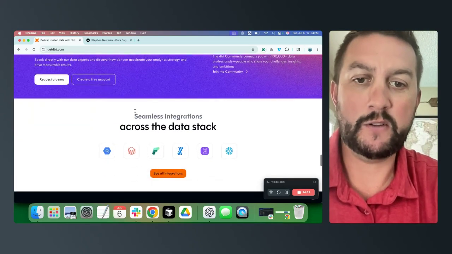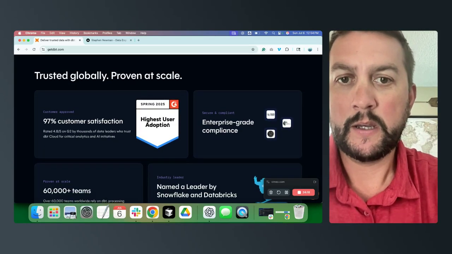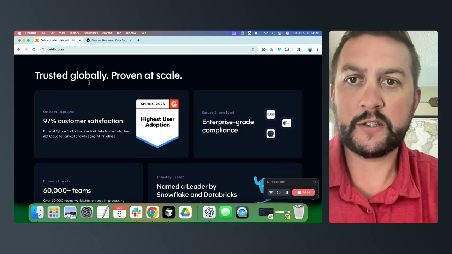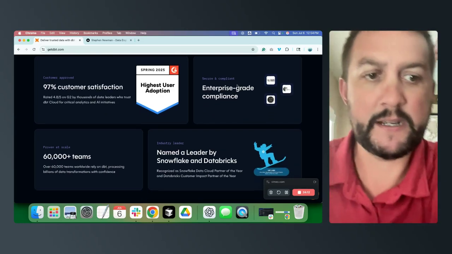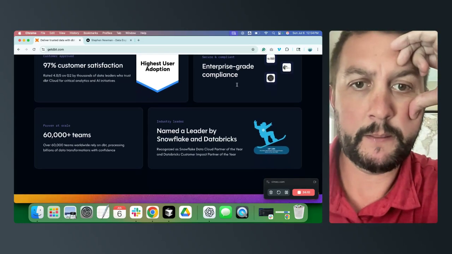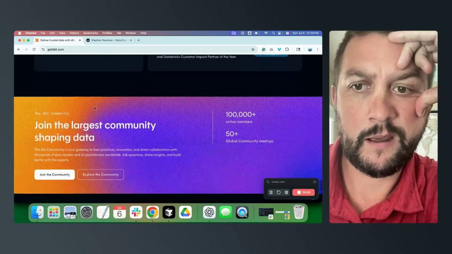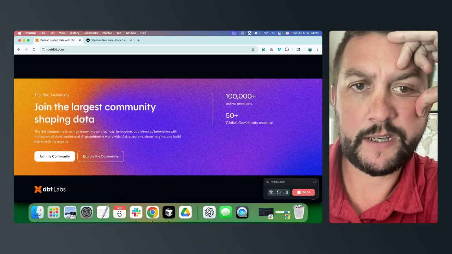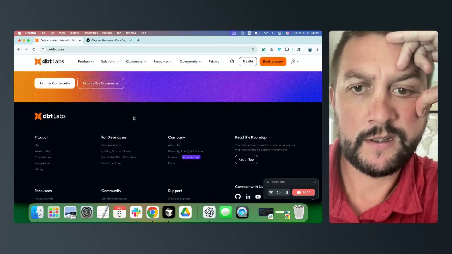I think they want to start using it. Integrations, par for the course. G2 trusted globally, proven at scale. So this is more trust and credibility, which makes sense. Yeah, the largest community shaping data. That's good.